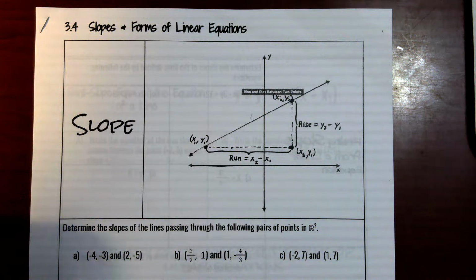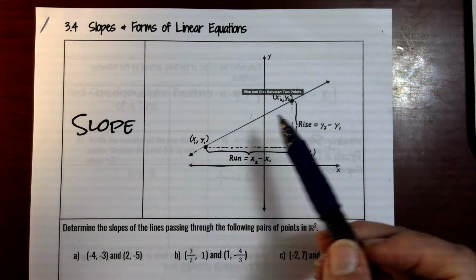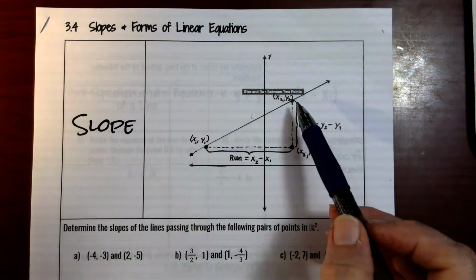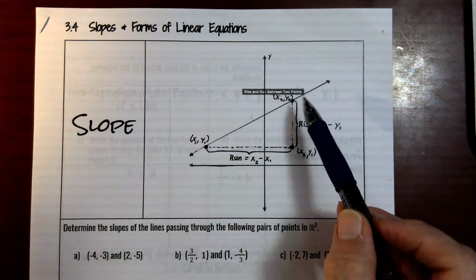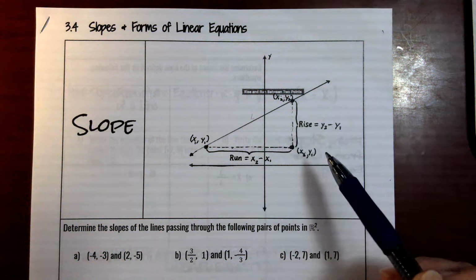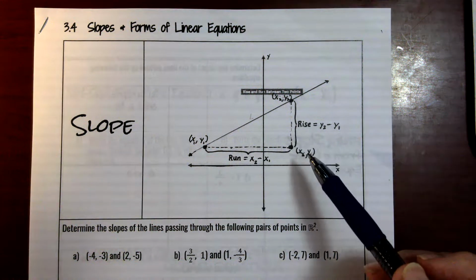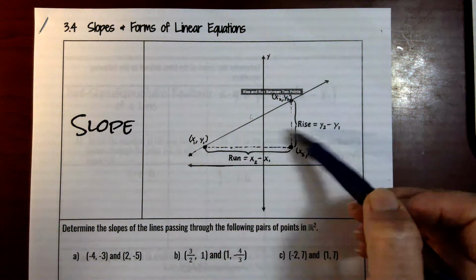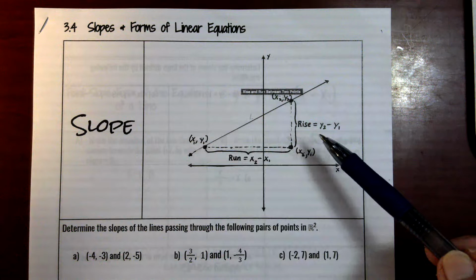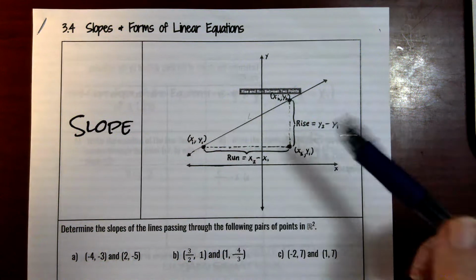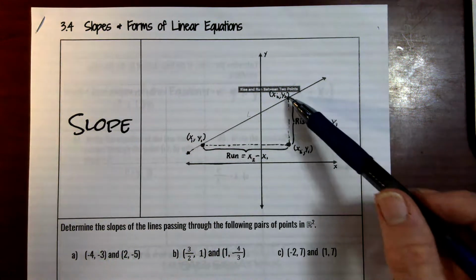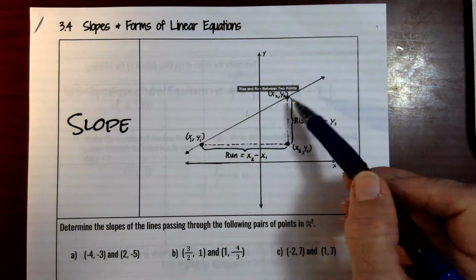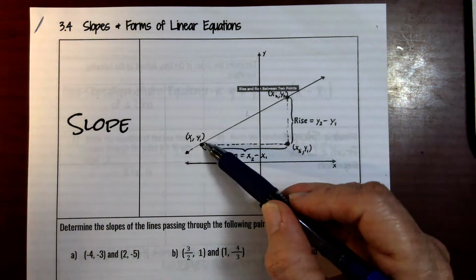So the slope of a line, the diagram here kind of demonstrates, we know that slope of a line is the ratio of rise to run. It's basically a measure of the steepness of a line. We know that if the line is increasing from left to right, it's a positive slope. If it happened to be decreasing from left to right, then it would be a negative slope. But if you know 2 points on the line, you can find the slope because you can find